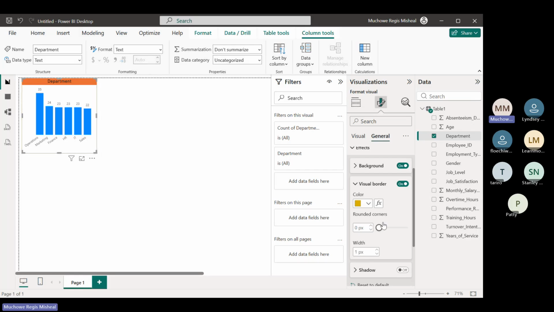Right. We want our corners to be rounded. Rounded corners. Let's choose maybe 5. You will see as soon as we click 5, our corners are